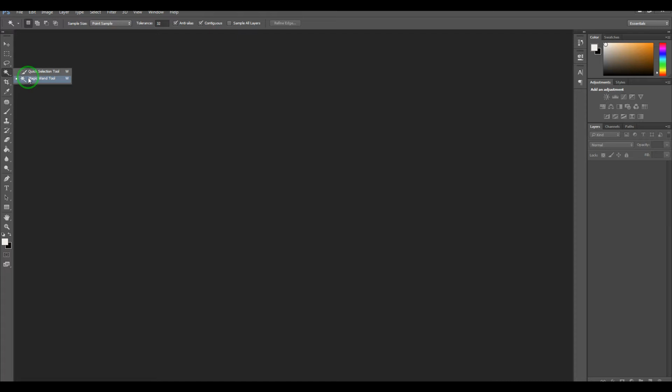The main difference is that the quick selection tool makes selection based on the similarity in color and texture, and it acts more like a brush. So you can click and drag a particular area, and using the magic wand tool you can select a similarly colored area using just one click. So we will see the application of the two tools.